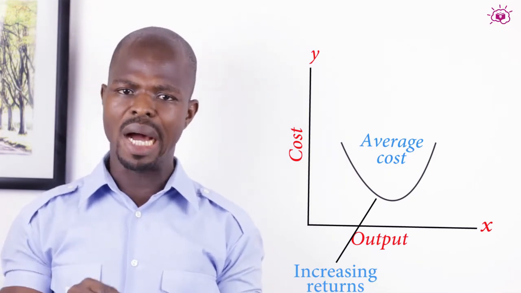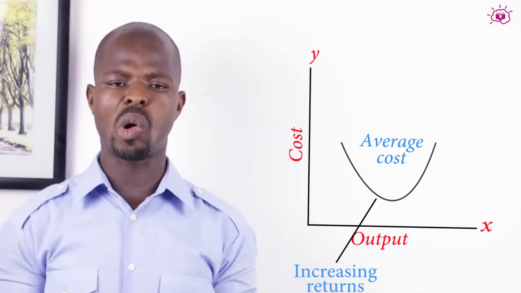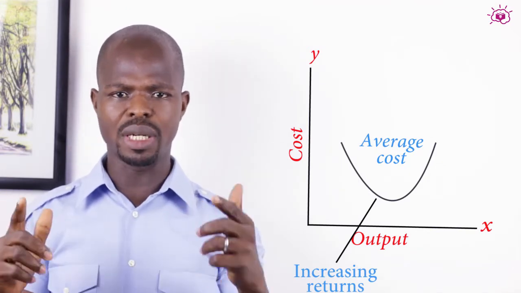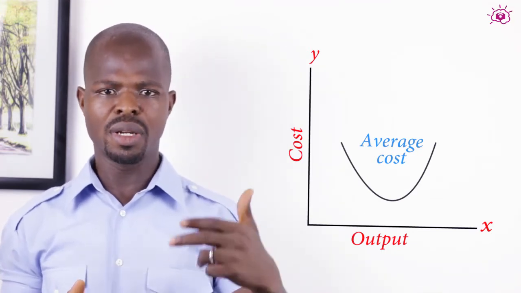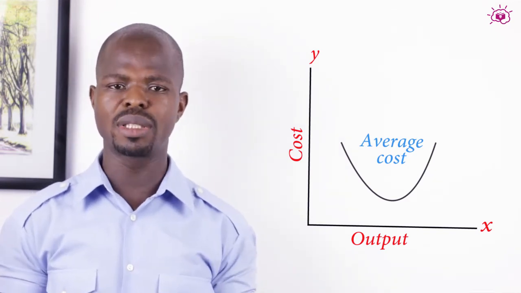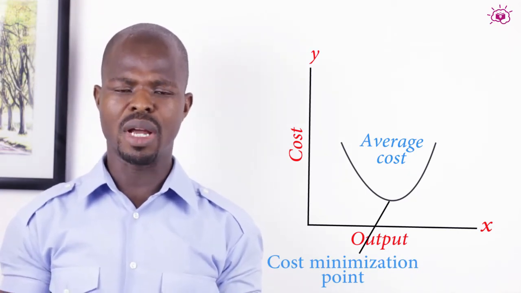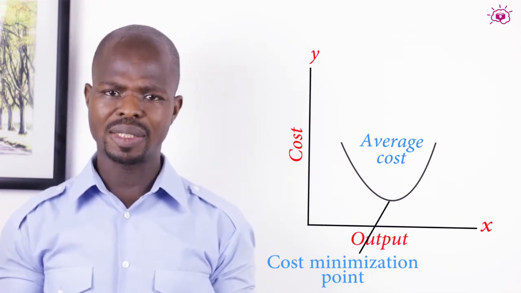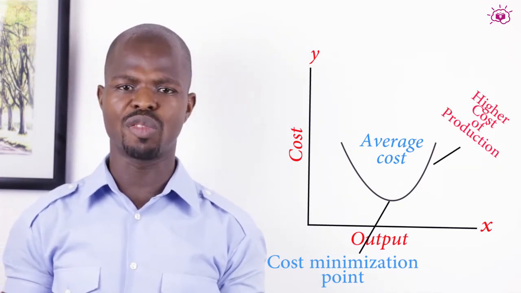After the minimum point, the average cost curve starts rising, indicating that there are diseconomies of scale or there is an increased cost of production. So that is why it is U-shaped. Each edge of the curve has an indication. The first edge, dropping, indicates a cost-saving advantage, meaning there's a reduction in the average cost of production as output increases. At some point, it gets to the minimum point, which is called the cost minimization point and profit maximization point, as you can see on the graph. Then, at some point again in the production process, the curve starts rising, indicating that there is an increased or higher average cost of production.